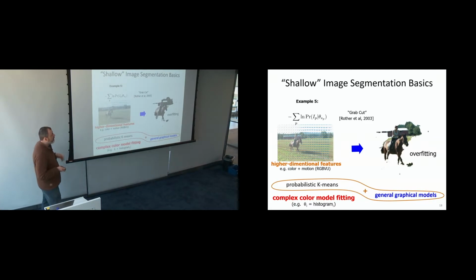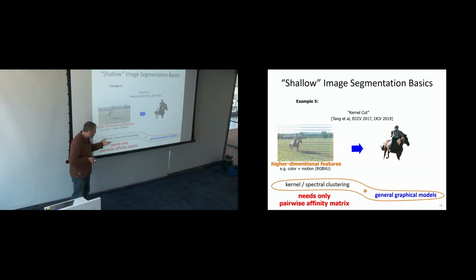But that's actually what motivated us to propose something else, because people don't do clustering like this in the learning community. Many of you are probably from the learning community. I'd be surprised if someone raised their hand and told me this is how you do clustering. At least people are probably more comfortable with kernel clustering instead. It's more scalable to the feature dimensions, and that's one of the extensions we worked on relatively recently. Instead of entropy clustering, it's directly any of your favorite kernel clustering objectives. It could be the normalized cut objective, it could be the kernel k-means objective, and all you need to define is pairwise affinities between the points, and it doesn't matter what the dimension is, so you can get much more stable results.